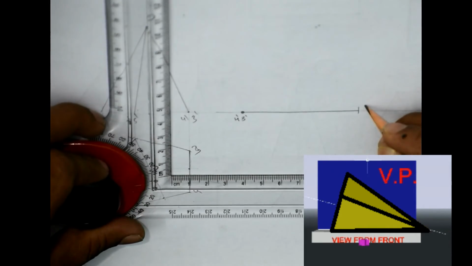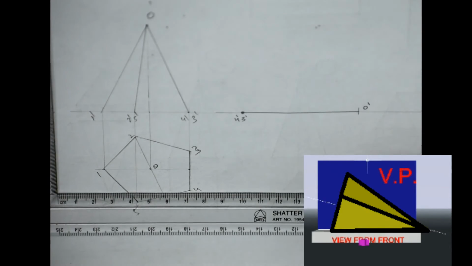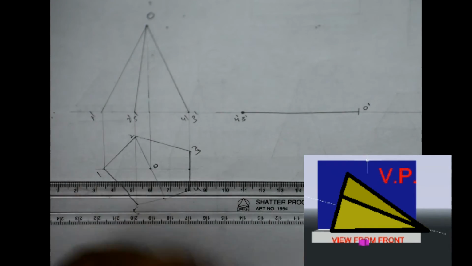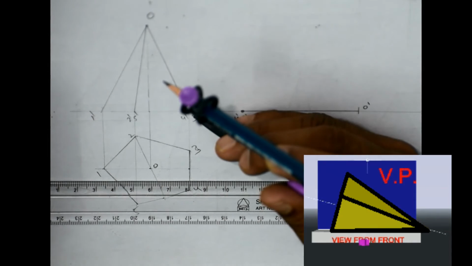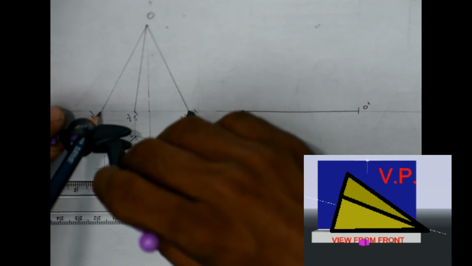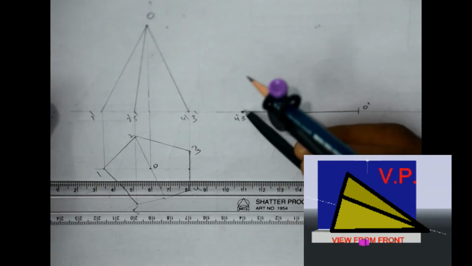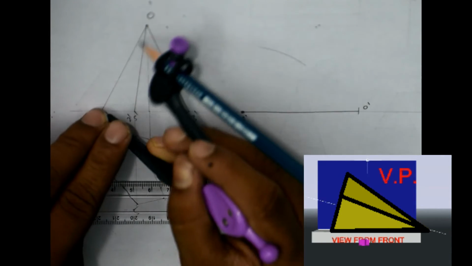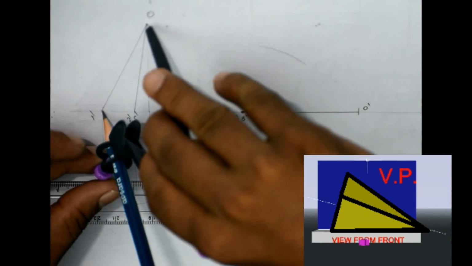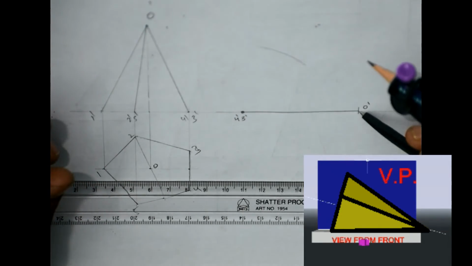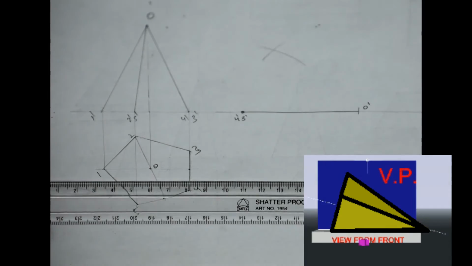This is your actual front view, O dash. Now to get this point 1, I need to take the distance from 4 dash or 3 dash to 1 dash and draw an arc, and also from 1 to O, which means O to 1, the same thing, and I have to cut one more arc.